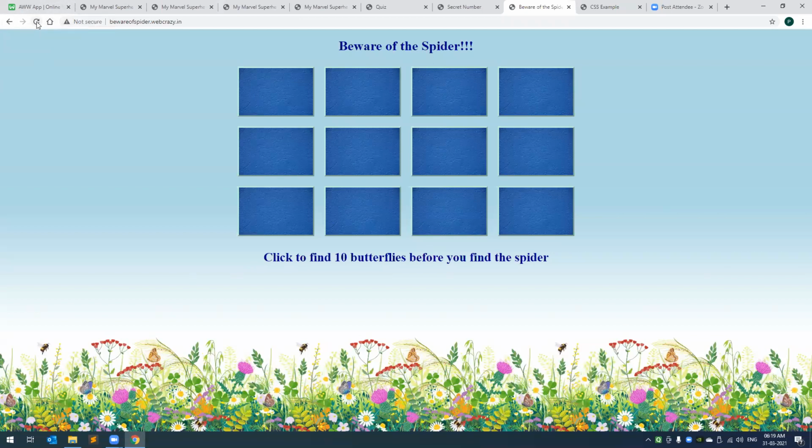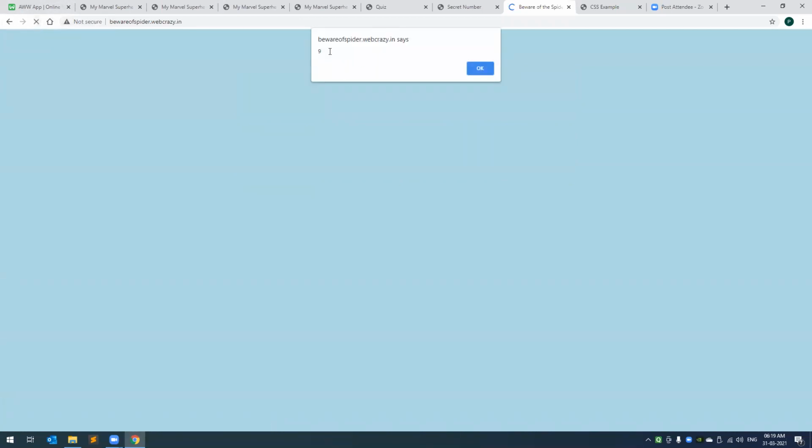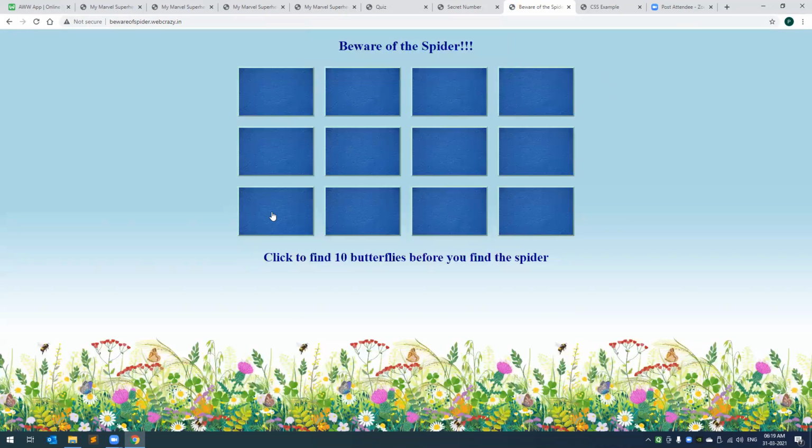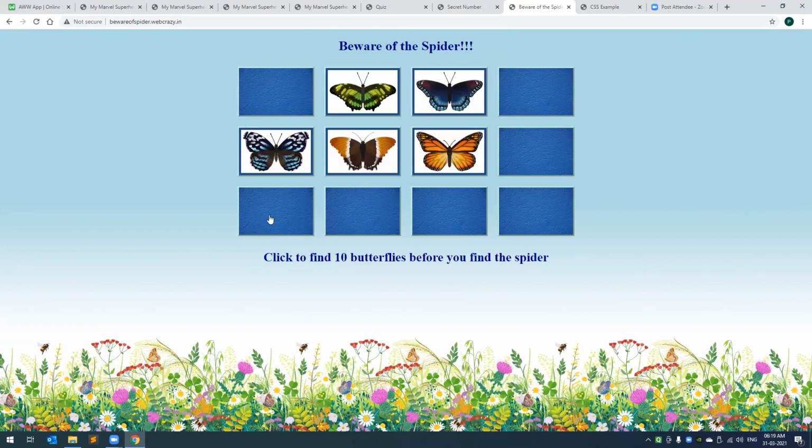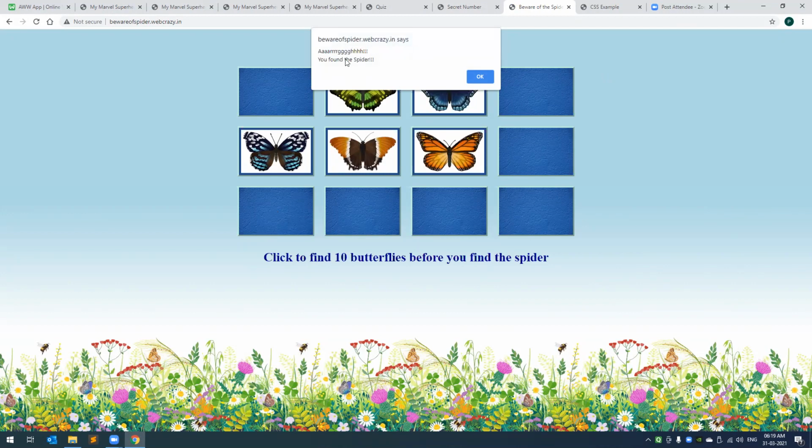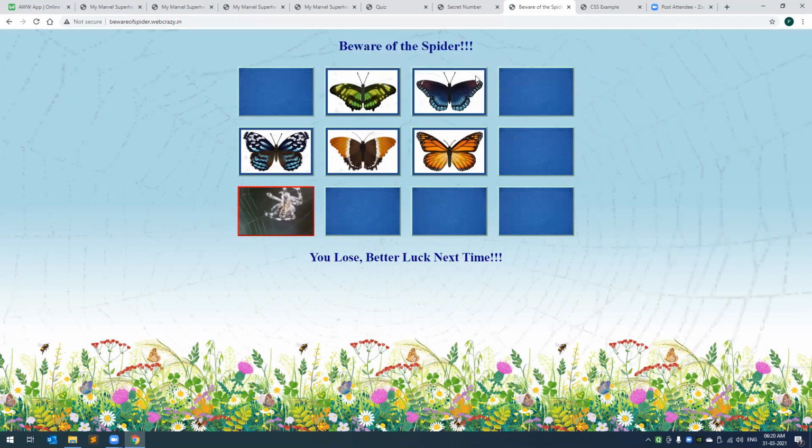So always the position of the spider will change, right? So now when I refresh this time my spider is on position 9. Again, this we know because we are doing the coding, right? If we make a friends play, we hide this part, correct? So 9 would be this. This is where my spider is, all right? So let me click somewhere and then find the spider. So see, this tells me, oh, you found the spider, and we lose the game.